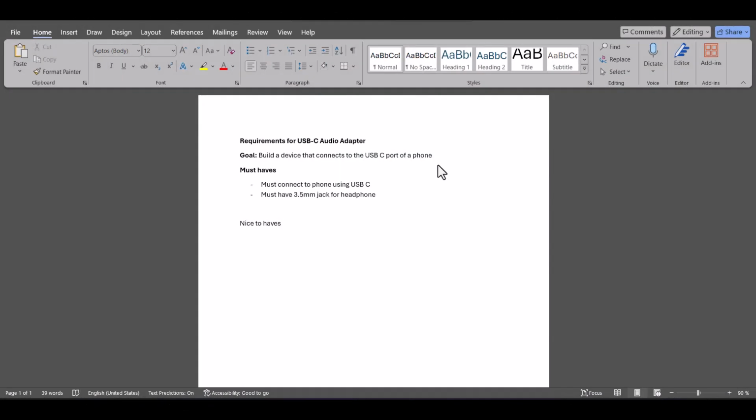Okay, so now that we're done looking at this electronic design workflow, let's dive right into defining requirements. Like I mentioned in the beginning of the video, this is really important, and we want to lay down the foundations of our product. So we definitely want to define what the goal is. The goal is obviously to build, in this case, a device that connects to the USB port of a phone